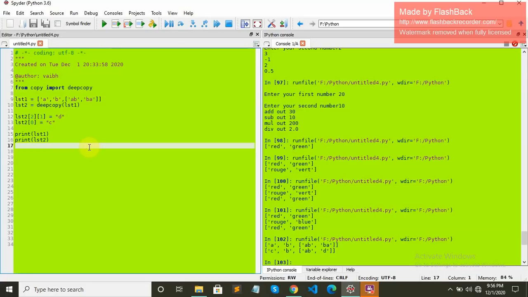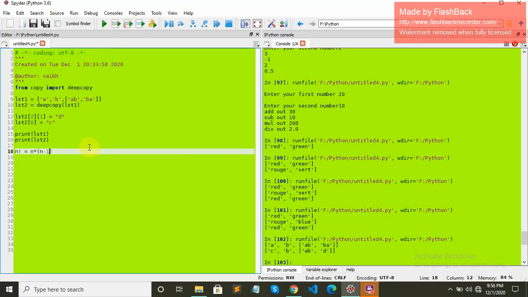For the factorial we have something like this: n factorial equals n into (n minus 1) factorial, or if you want to calculate (n minus 1) factorial, you can have something like this, into (n minus 2) factorial. That's how factorial works. It will just keep on appending until it is 3 to 1, till 1 it will just keep appending.